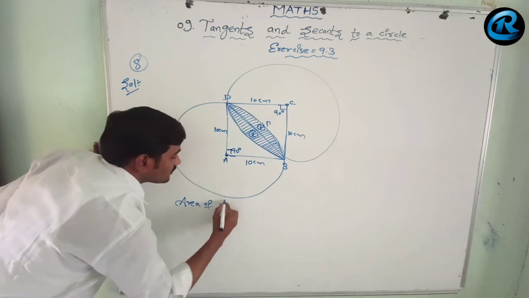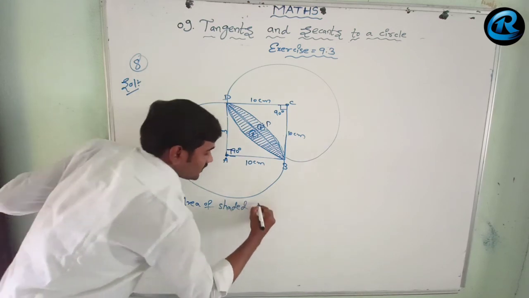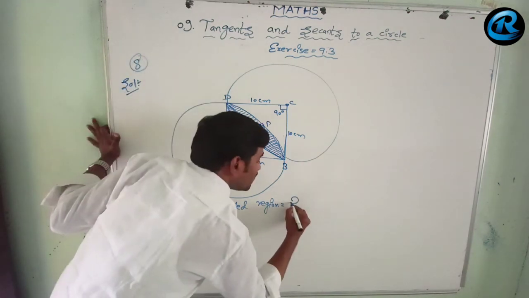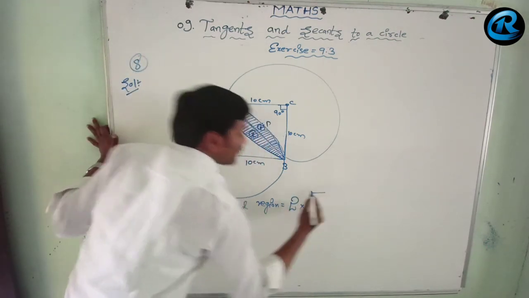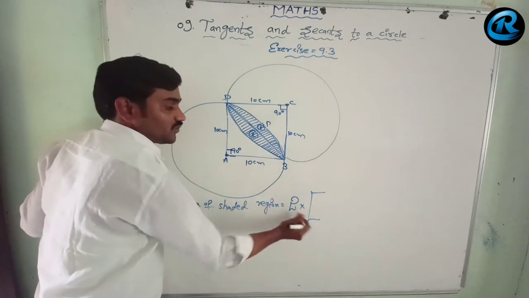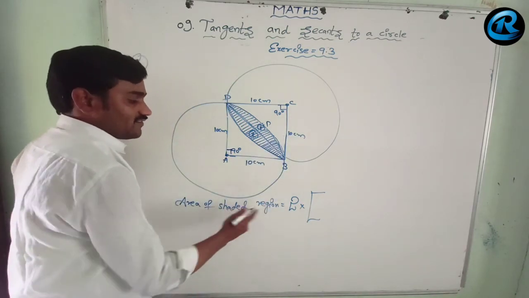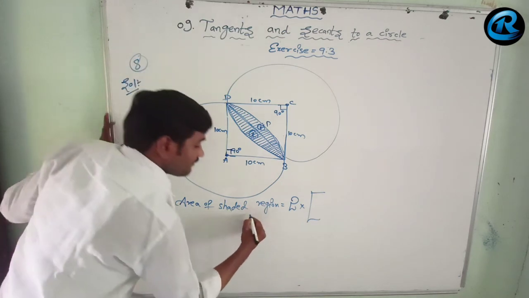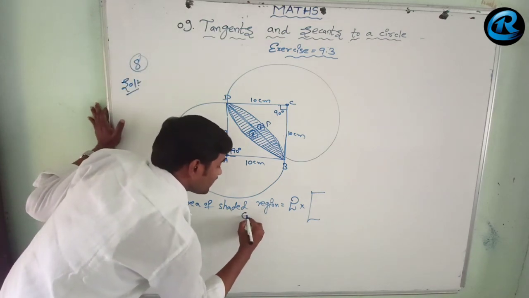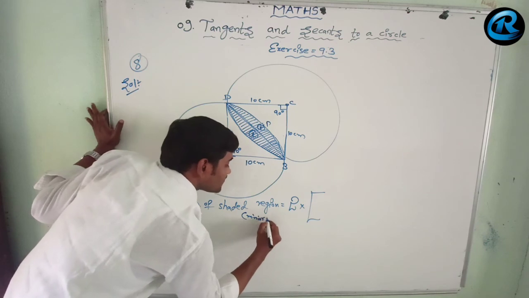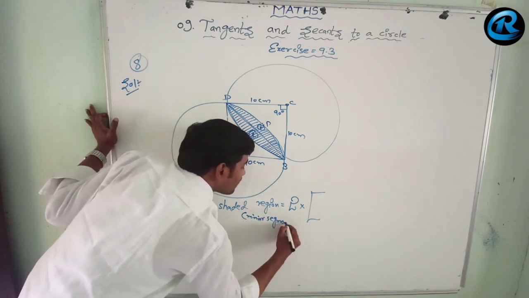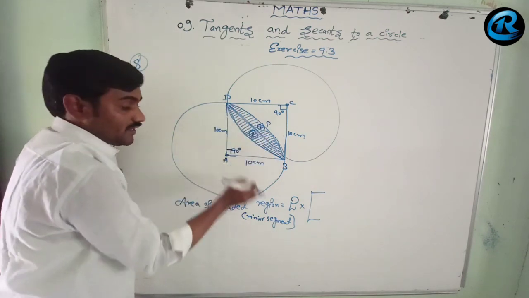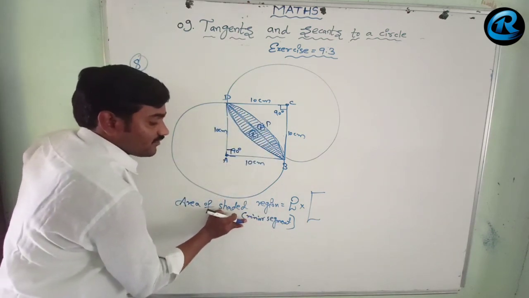area of shaded region equals 2 into, ఇక్కడ 2 quadrant circles ఇచ్చాడు కనుక 2 into area of shaded region, nothing but area of shaded is nothing but area of segment. Area of shaded region is nothing but area of segment. Area of shaded region అంటే shaded region ఎలా ఉన్నాయి, రెండు మైనర్ సెగ్మెంట్స్ ఇస్తున్నాయి, 2 మైనర్ సెగ్మెంట్స్, ఏరియా 2